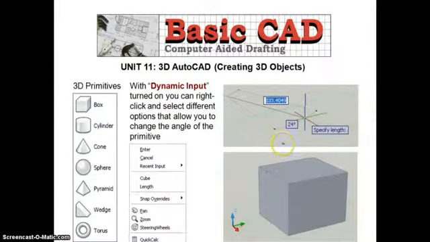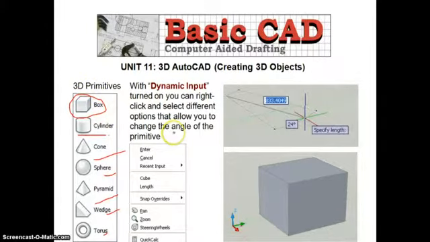Now let us see some of the important 3D primitives, meaning basic 3D objects which are already available in AutoCAD. They are box, cylinder, cone, sphere, pyramid, wedge, and torus. They are easy to understand.